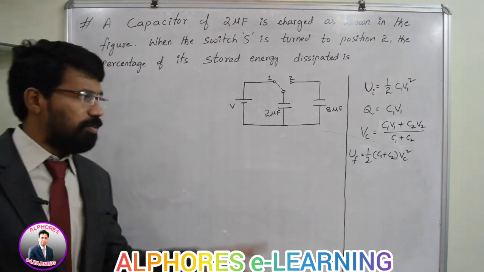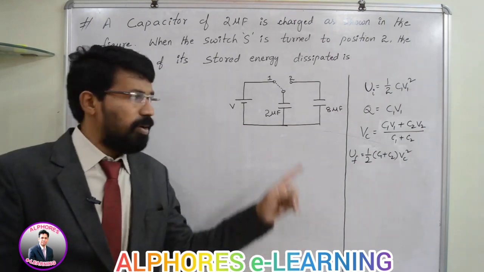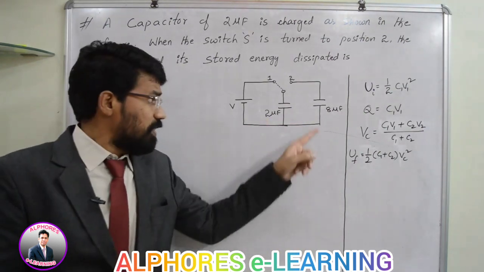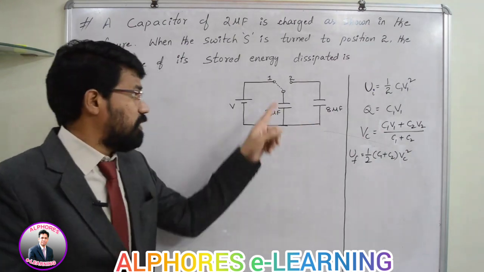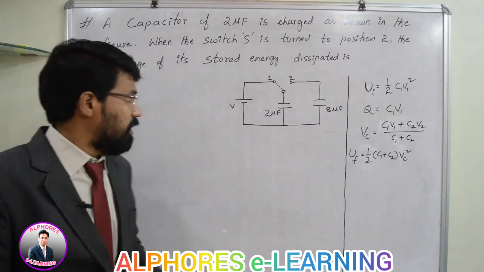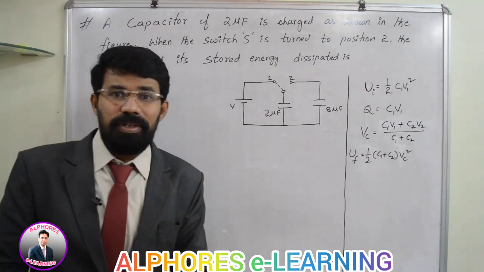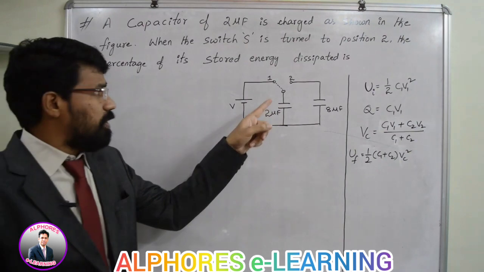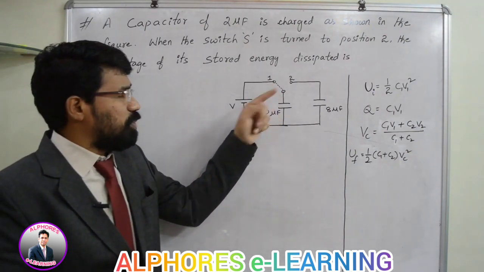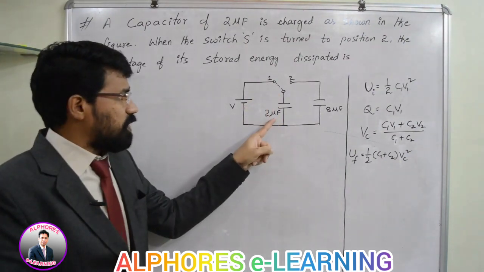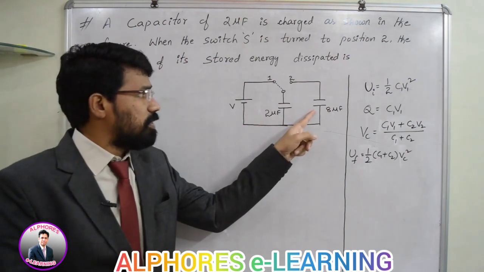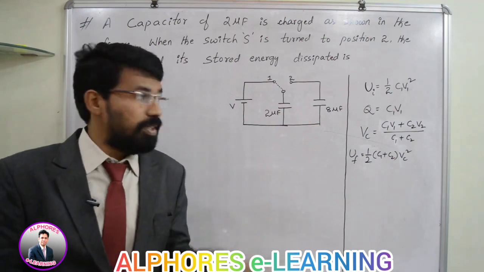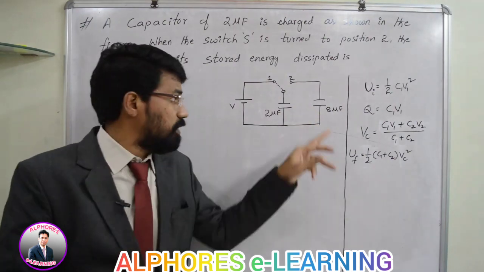So what was said in the question when the circuit diagram is given here? Obviously, two capacitors can be seen clearly, right? One is of 2 microfarads capacitance, the other one is of 8 microfarads capacitance, and here a two-way key is there, and a battery is connected, supplying potential V. Initially, as you see in the figure, there is a contact between this point and this point. It means this capacitor was included in the circuit, and this one is not in the circuit because it is open. It is not a part of the circuit. There won't be any flow of charge into this capacitor.